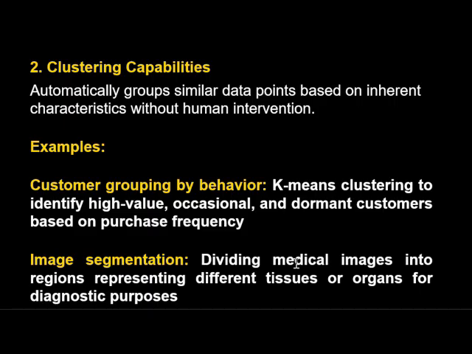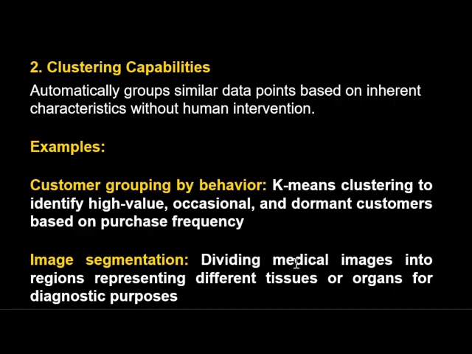So, clustering is one of the most important abilities of unsupervised machine learning. The algorithm automatically groups similar data points together by measuring similarity. No human guidance is required during grouping. Examples, K-means clustering groups customers into high-valued, occasional, and dormant customers based on the purchase frequency. In medical image segmentation, images are divided into regions representing different tissues or organs are the examples of this unsupervised